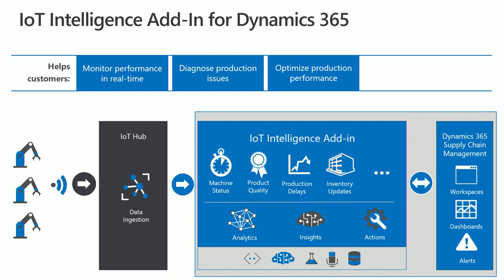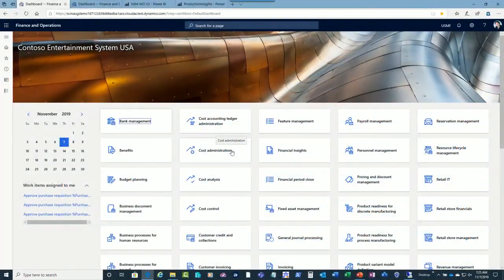So now that we have this data passing backwards and forwards, we can apply analytics on top of it to look at that stream of data that's going backwards and forwards, and then get those insights and turn them into actions in the product. So let's have a quick look at some of these capabilities. So the first one,